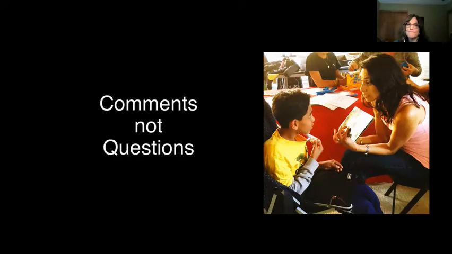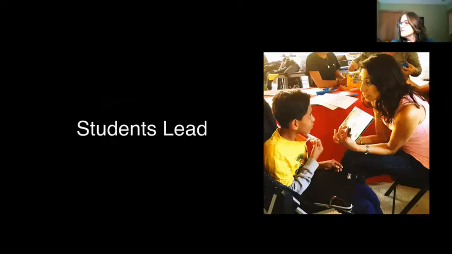The adult helps students make these connections through comments, not questions. In fact, questions are avoided as much as possible. Adults do the reading, and usually adults lead the interaction when shared reading is new. However, adults encourage students to take the lead and communicate about the things they find interesting.